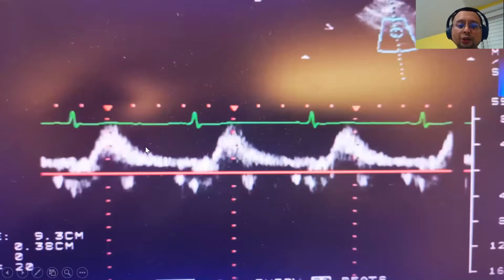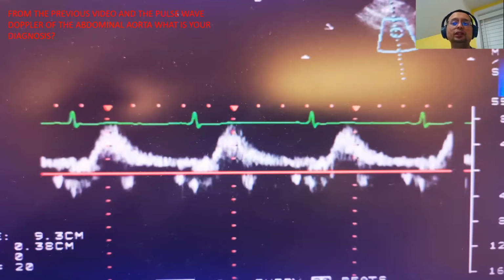In pulse wave Doppler, usually you will see a forward flow and the forward flow will stop. You don't usually see this continuous flow during diastole. This is called a diastolic runoff in the aortic vessel. When you have diastolic runoff, what does that mean? That means the patient has coarctation of the aorta somewhere along the vessel. So this is a test: whenever you pulse your abdominal aorta and see that it is abnormal, always be suspicious of coarctation of the aorta. So this patient has bicuspid aortic valve and coarctation of the aorta, which is a known association of bicuspid aortic valve.